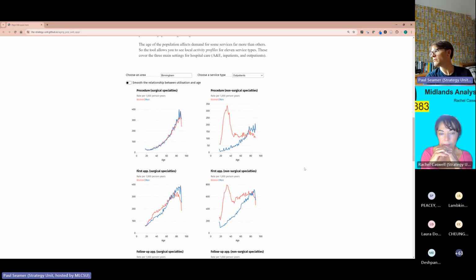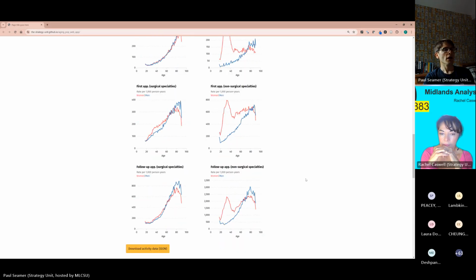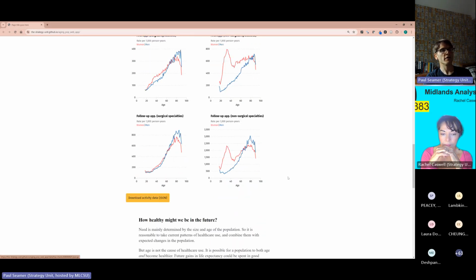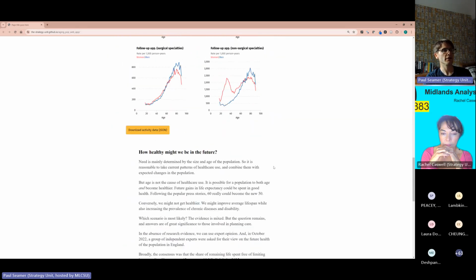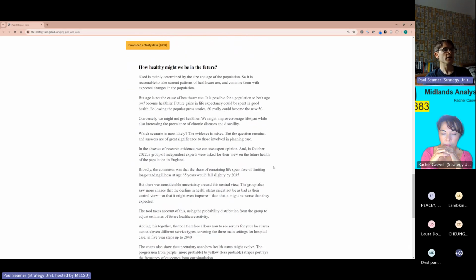When those areas become smaller in terms of the population numbers, these profiles become more volatile or more uncertain. So you can click here, and you can smooth those relationships, because for some of the smaller areas, it becomes a bit difficult to see exactly what's going on. And again, the same with the population pyramid. There's a button which you can click on to download the underlying data. And then the final element,